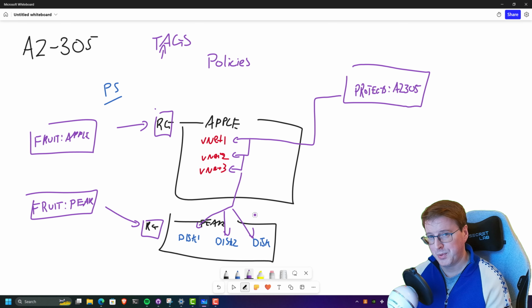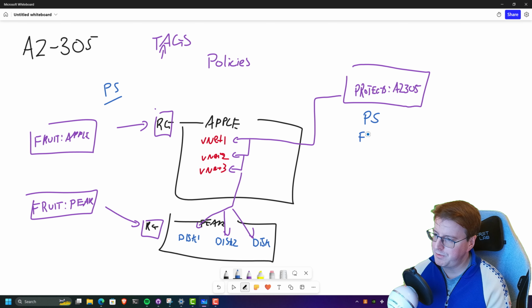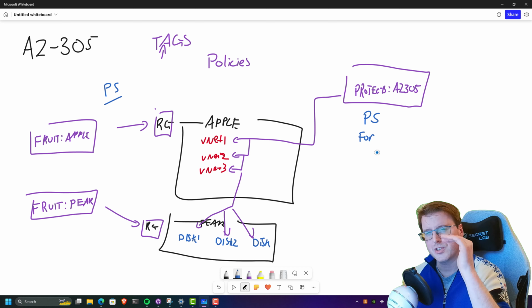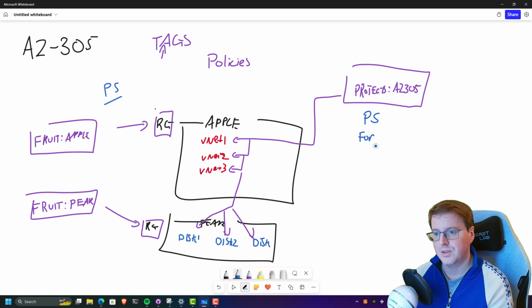That is a bit annoying to do in the interface. So we've got some nice PowerShell to do this with a lovely for loop inside there to crunch through each of these resources and apply those tags. So you're going to see the PowerShell for applying tags,